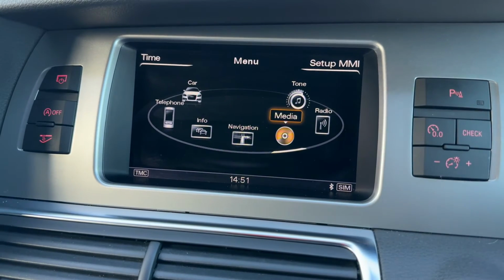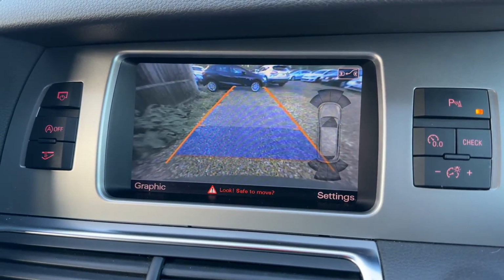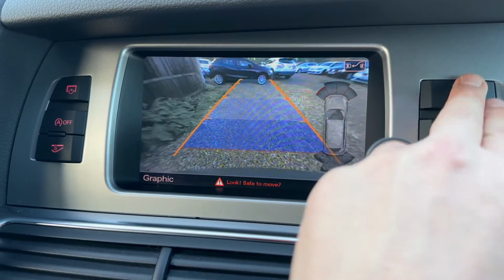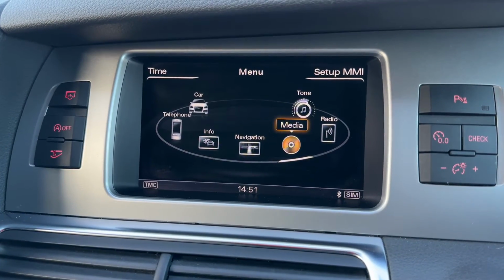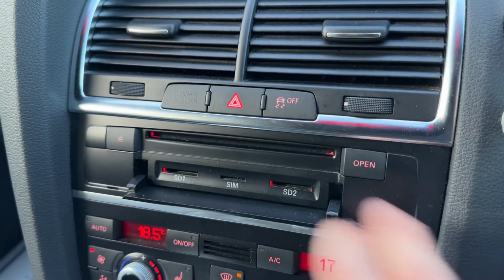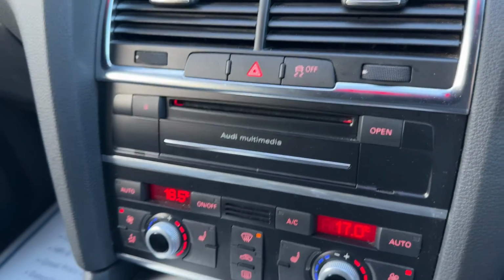Parking sensors you can turn on and off from up there as well. And there's the parking camera, full color camera with guidelines that show you what direction the vehicle is headed in. Also up on there, we've got our stop and start. This car is designed to cut out when it's stationary in traffic to save you fuel. You can turn that system off should you wish to. Working our way down, we have the CD player. You can open that section up to reveal your SD memory card inputs and the SIM card input, and then